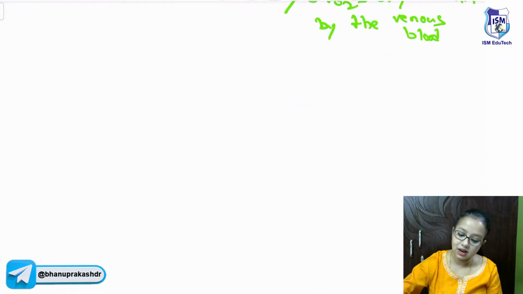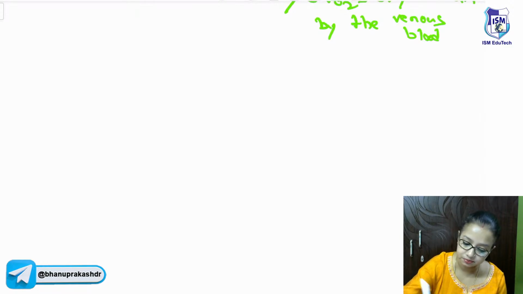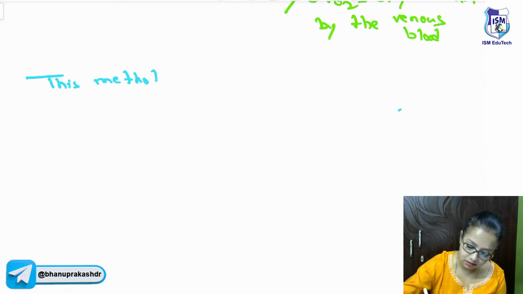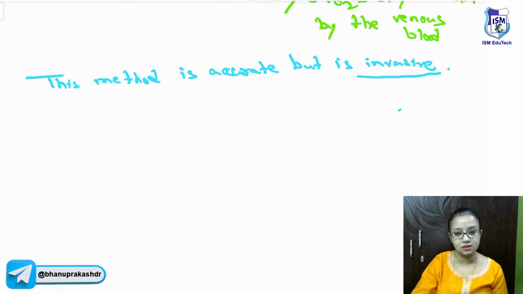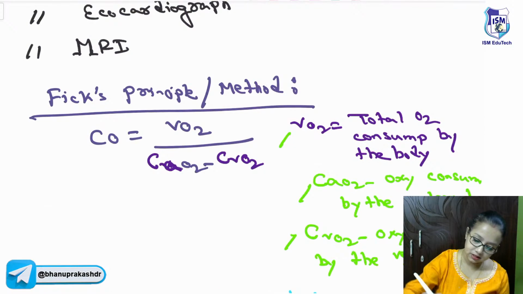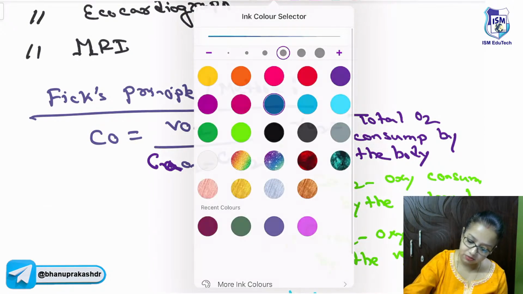But there is a disadvantage in this method. This method is accurate, most accurate, but is invasive. Now, since it is invasive, it can be painful also. It is rather painful. So, this method became obsolete, though it is like the most correct method. So, the second method that evolved